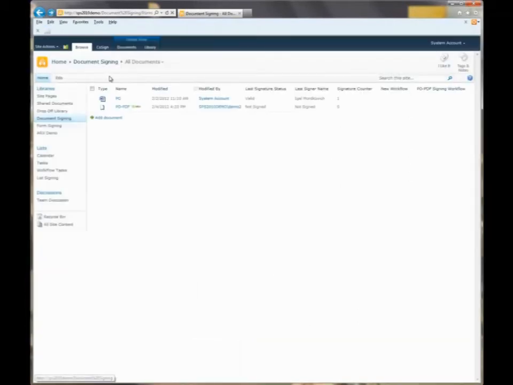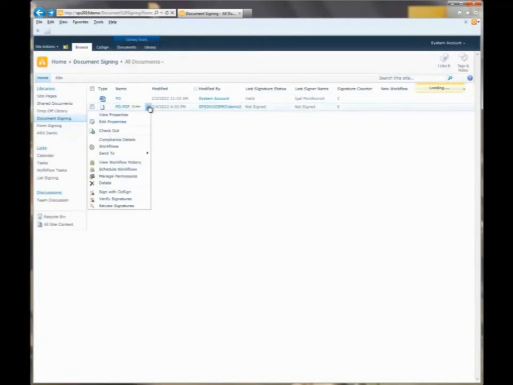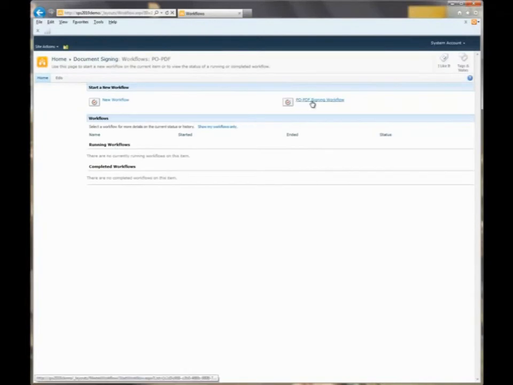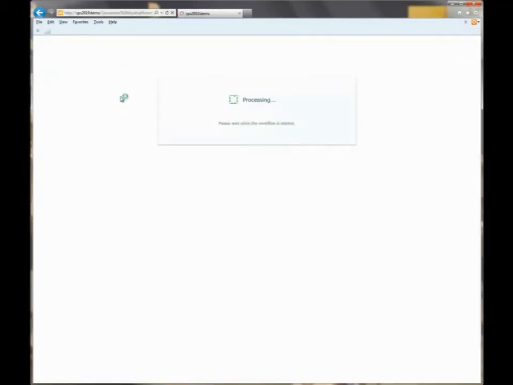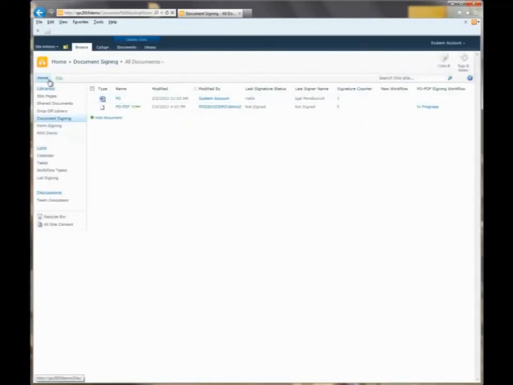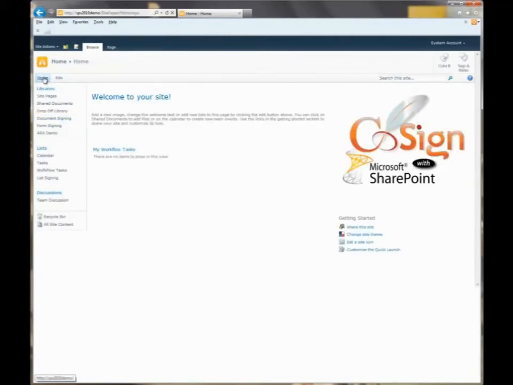In order to demonstrate the user experience, we'll run a workflow that requires signatures from two different people on this PO PDF document, and we call this workflow PO PDF signing workflow. This workflow is very simple and it requires two different users. The first is user demo1 and the second user is demo2 to sign on this document. The demo1 user is the purchasing manager in our case, and the second user, demo2, is the VP sales for